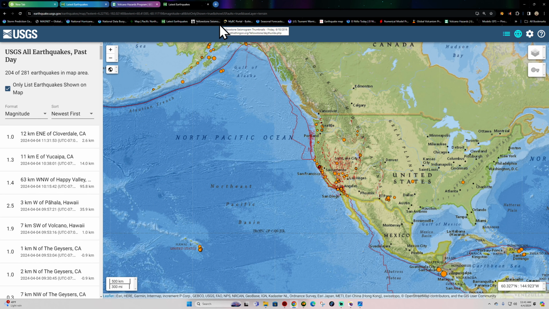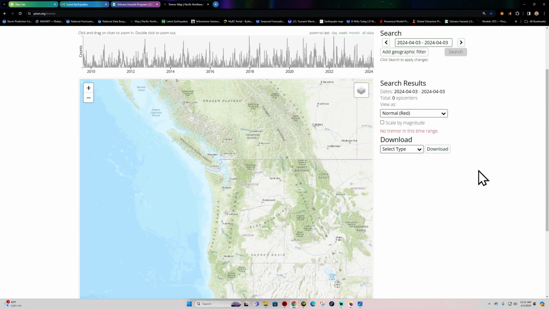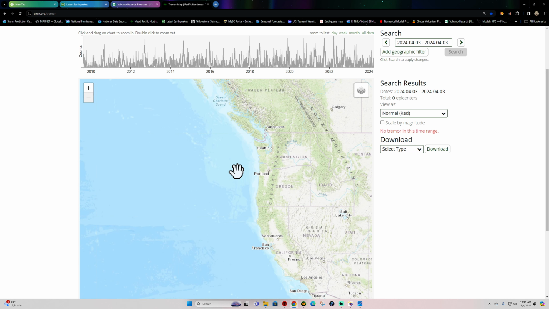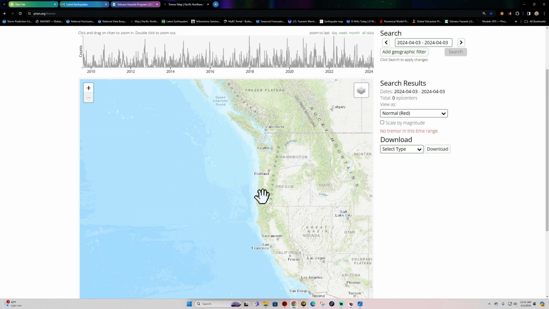Tremor last night. Let's see here. We didn't check that. I didn't get a chance to do a late night update. Got in kind of late. No tremor at all occurring out here across the west coast of the Cascadia subduction zone. Nothing going on. That continues the declining tremor amount out here in the last couple years.